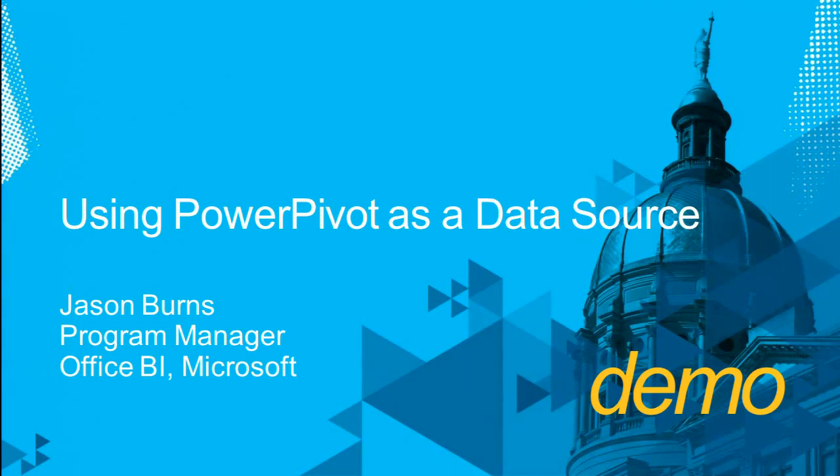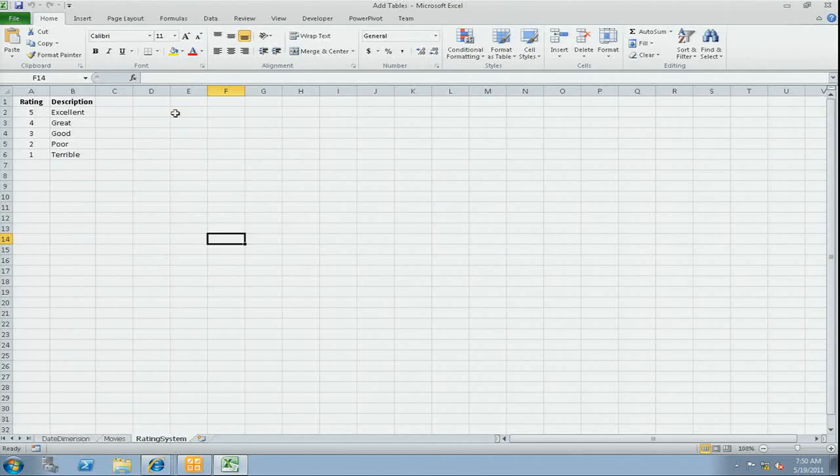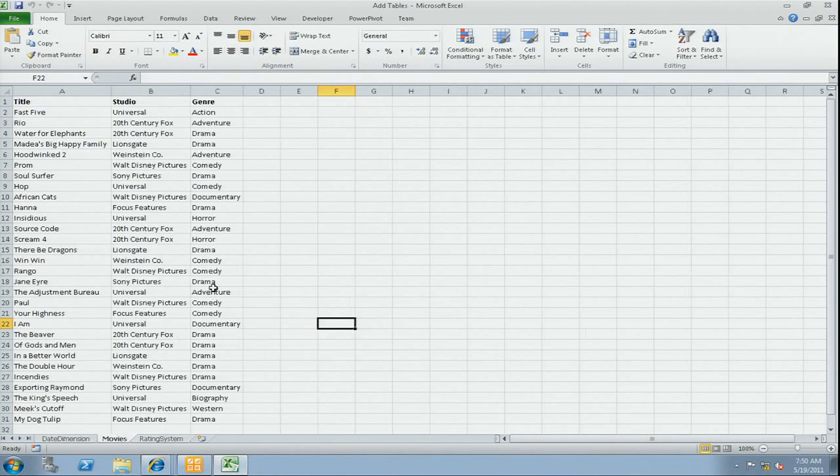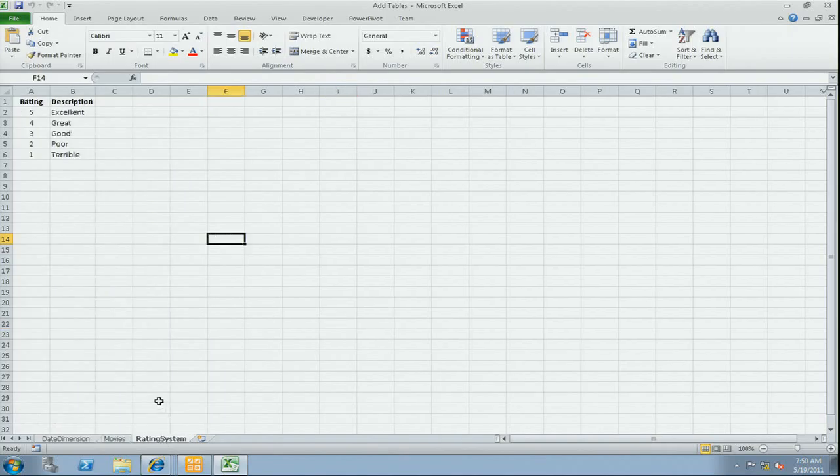So what I thought would be cool is let's take the two SharePoint lists and bring them into Power Pivot, make a really quick model around them, and then we can have some filters to slice this dashboard by some more interesting things. So I created a workbook with some other things that we can use to connect. I created a really quick date dimension because I only created 2 weeks worth of data. I created a movie dimension so we would have things like what studio it is and what genre the movie is. And then I added one for the rating system too, if we wanted to pick your rating by name. So in Power Pivot,